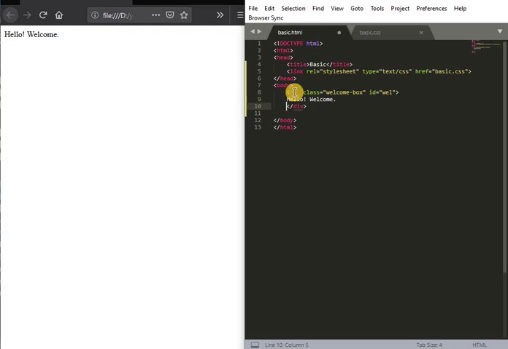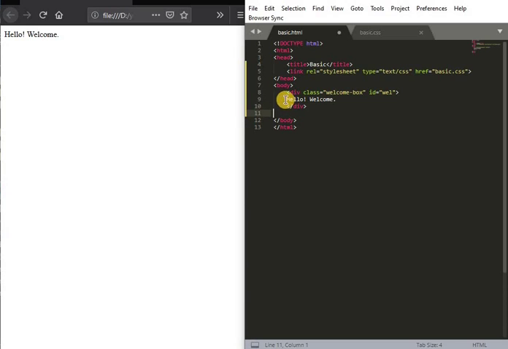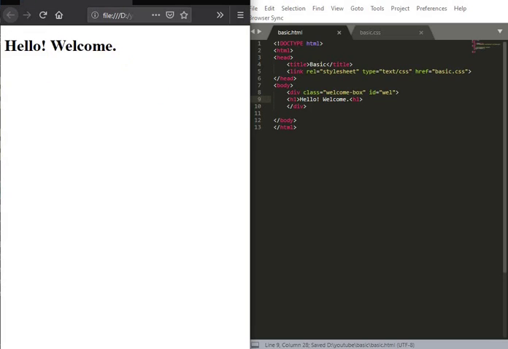What it does is it provides a division in the whole web page where the hello welcome will be placed. You will not get to know any difference right now. When we put the style to it, you will get to know. Now I am making hello welcome a header, h1. H1 means a header. You have h1 to h6, the header types. Now it becomes a big header.